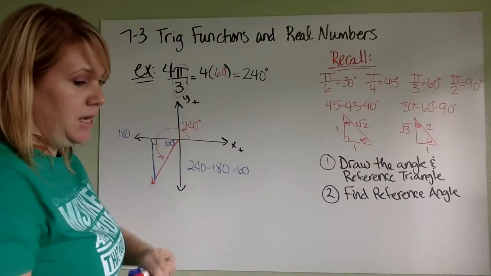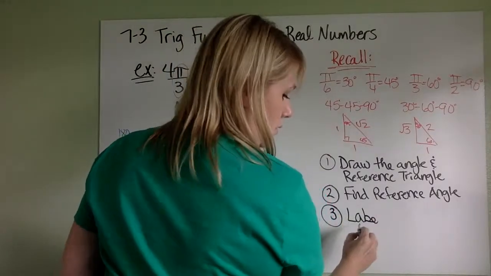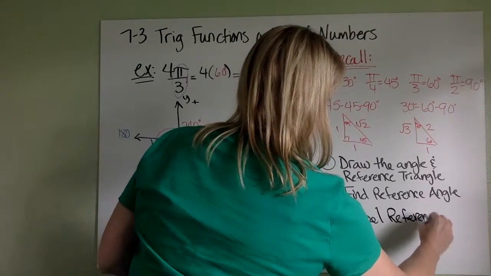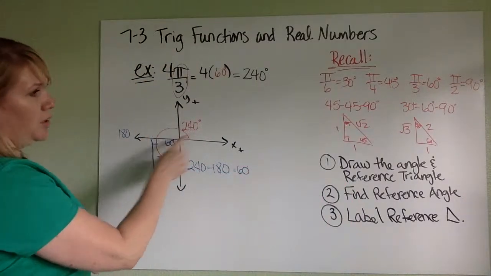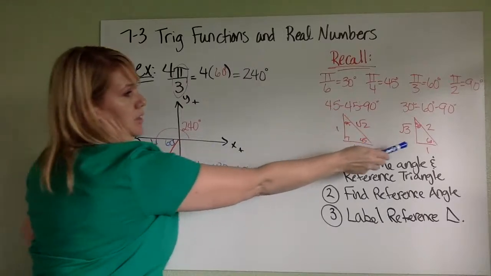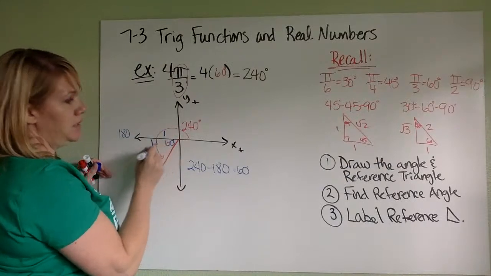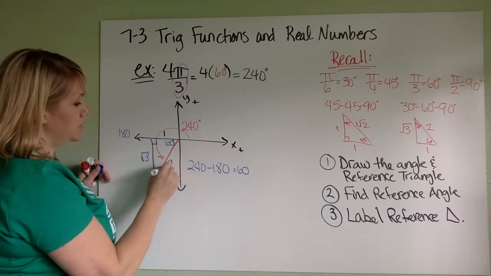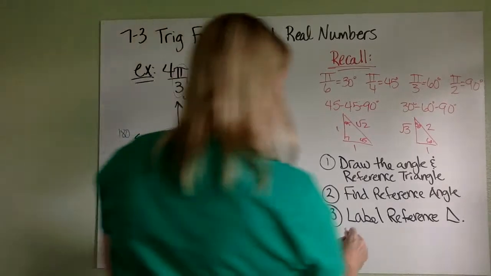Okay, so the third step then is to label your reference triangle. So if this angle, this is where our two special right triangles come in. If this angle is 60 degrees right here, adjacent to the 60 is a 1. Across, opposite of the 60 is our square root of 3. And the hypotenuse is a 2. And then you want to make sure to include any negative